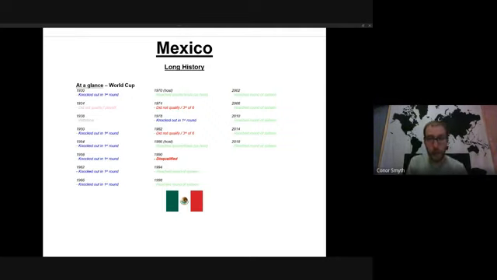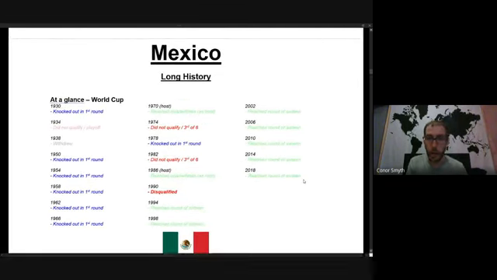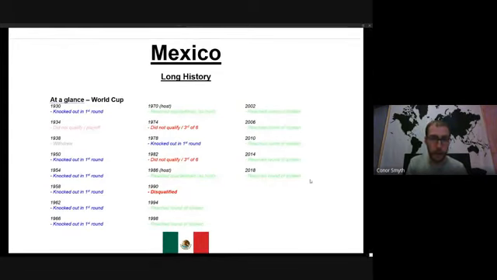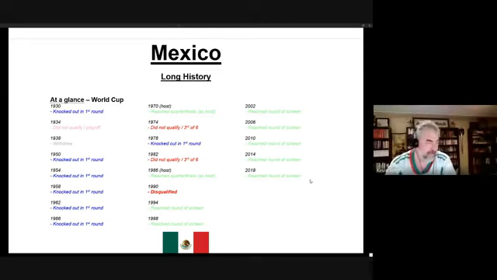In the early years, they were invariably knocked out in the group stage. They reached the quarterfinals in 1970 and then again in 1986, aided by being the host on both occasions. In between that, they had their worst spell, failing to qualify twice and getting knocked out in the group stage. But after being disqualified in 1990, they reached the round of 16 in 1994, and that has been their finishing place in every cup since. So that's 7 straight, pretty remarkable. Yeah, you can't blame them for being inconsistent on that count.